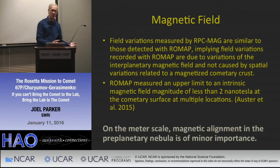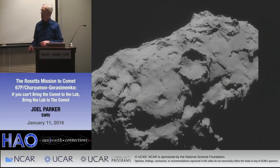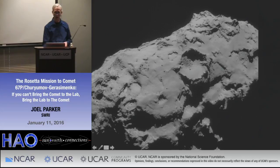So that's an interesting result to go back to the people who do solar system formation. The nucleus is just amazing. It's dusty in some parts. It's very consolidated in other parts. You see areas here that look like a lot of mass wasting. All these things here that look like